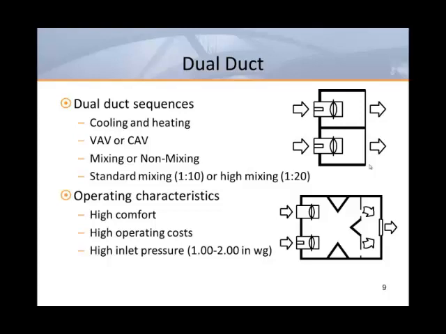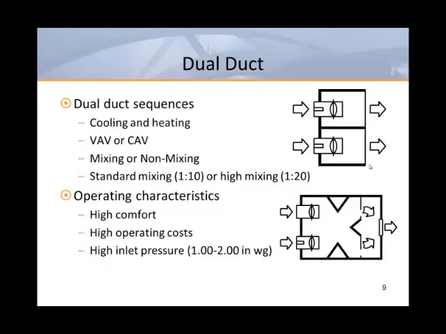Dual duct boxes without mixing chambers should only be used in non-mixing applications. These units would provide cooling or heating, but not at the same time. A mixing chamber is absolutely necessary for blending hot and cold air streams together. The standard mixing ratio for dual duct boxes is a 1:10 ratio, meaning that for every 10 degrees of difference